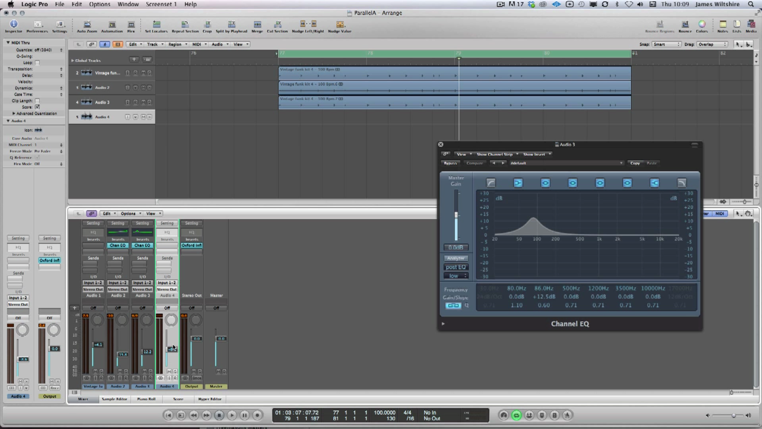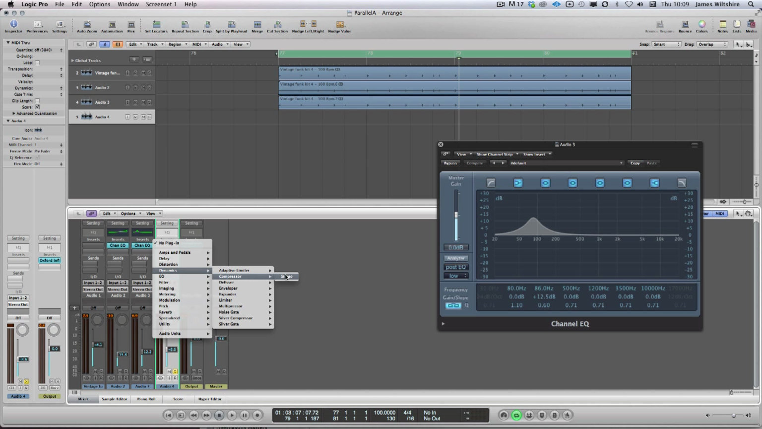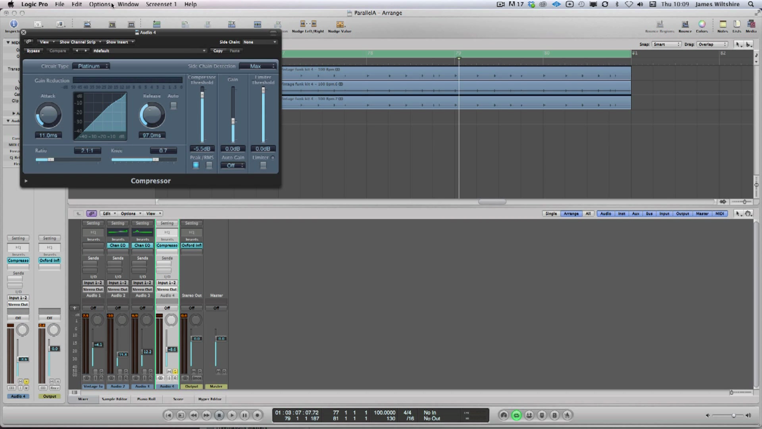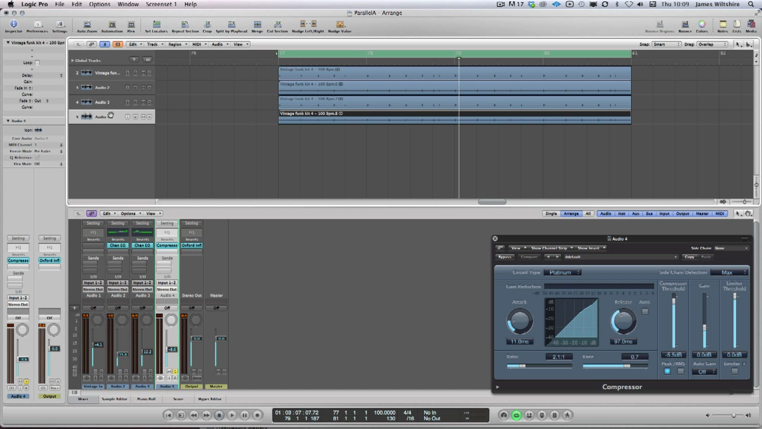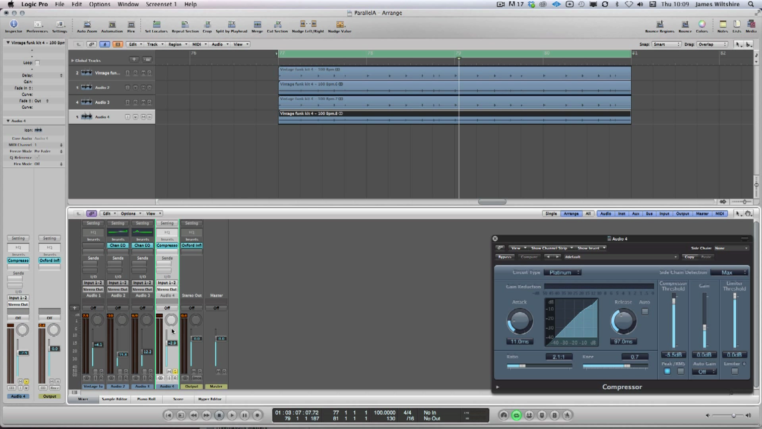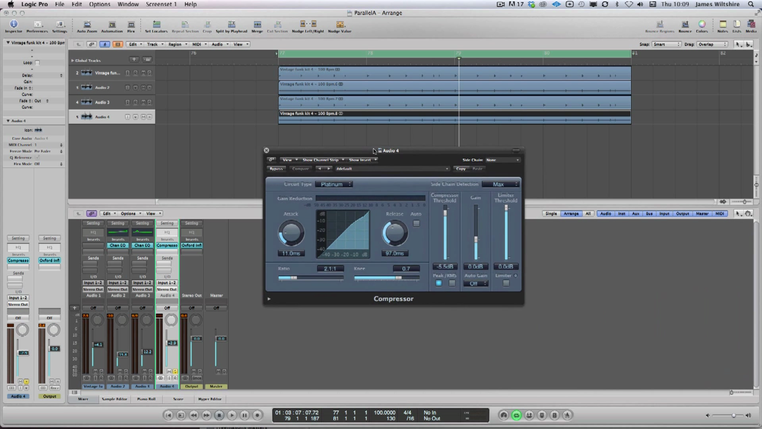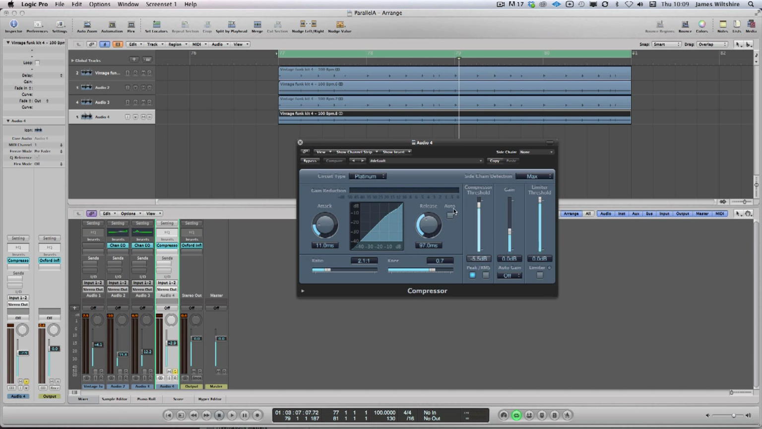Now, parallel processing's most common use has always been with compression, and I'm not going to use anything flash. I'm just going to use Logic's built-in compressor, and we're really going to go to town. And let me show you why parallel compression is one of the most used and popular versions of parallel techniques. So I'm going to hit the ratio all the way up, and I'm going to flip